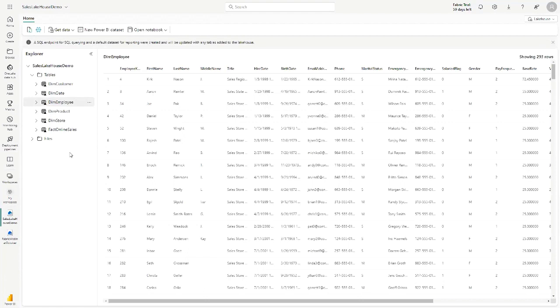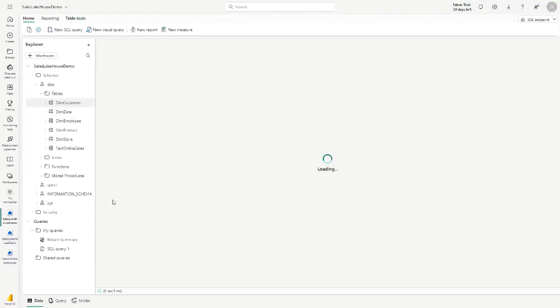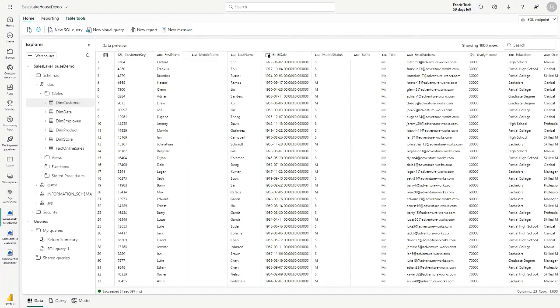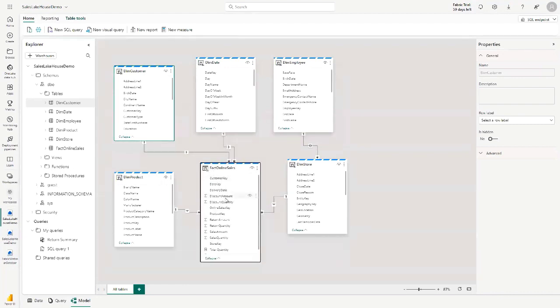I can go ahead and I can edit these from the endpoint. So this is my lake house itself. This is where I brought everything in. This came from a Power Query template. And if I want, I can switch over to my SQL endpoint. When I switch over to my SQL endpoint that was created when I built that lake house, and I move the files in from a data flow, here's where I can start doing things like modeling. And I can create my joins. So Penny, I'm trying to make sure that you see that this is pretty straightforward. I can do my modeling here.